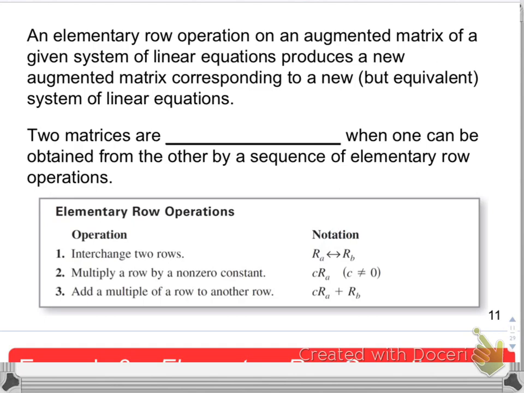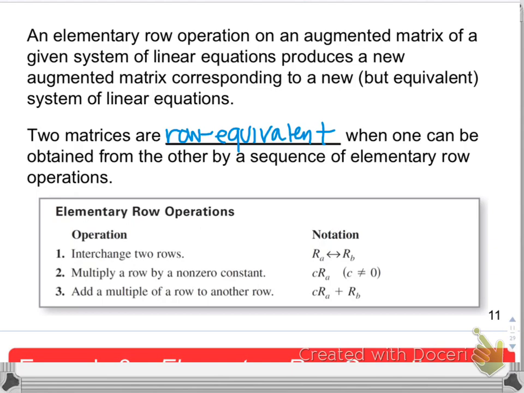And so two matrices are what we call row equivalent when one can be obtained from the other by a sequence of elementary row operations. And so the elementary row operations are as follows, and here's the notation. We're going to start using this shorthand notation, and it varies a little,